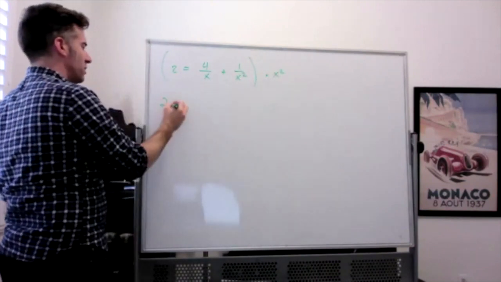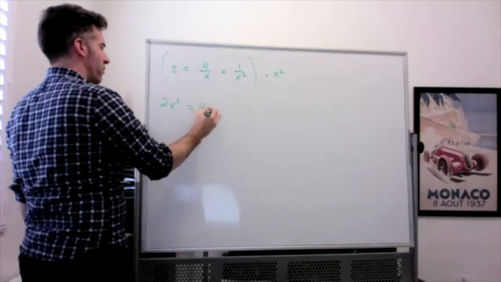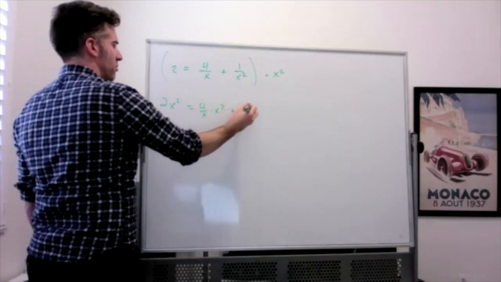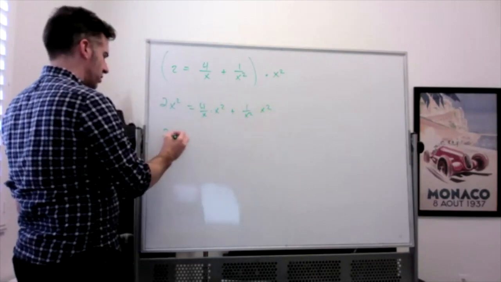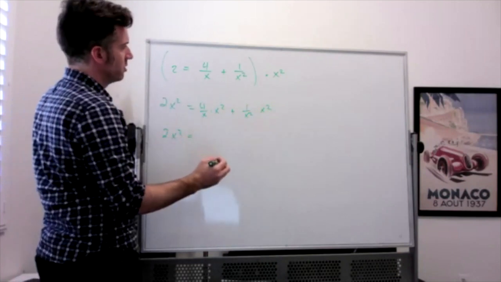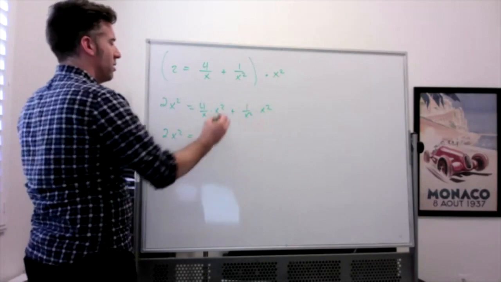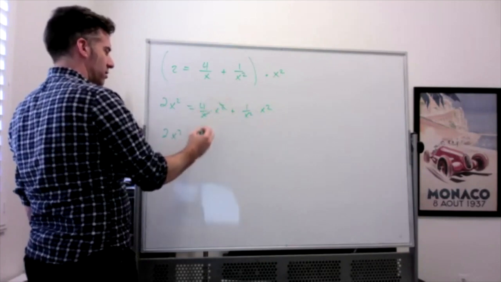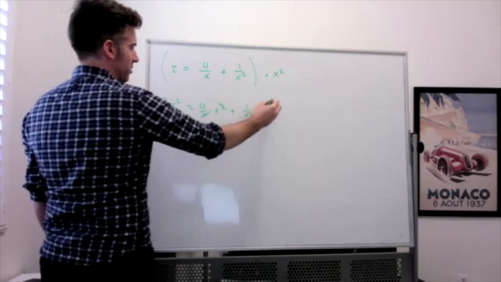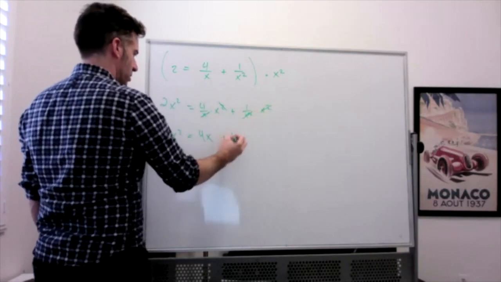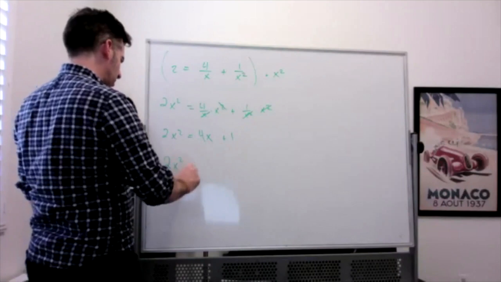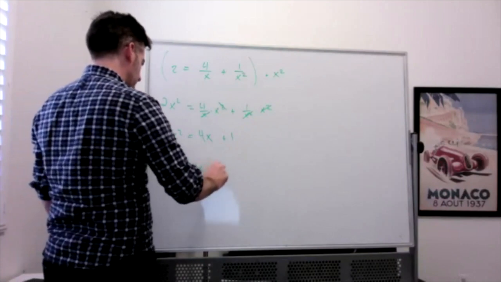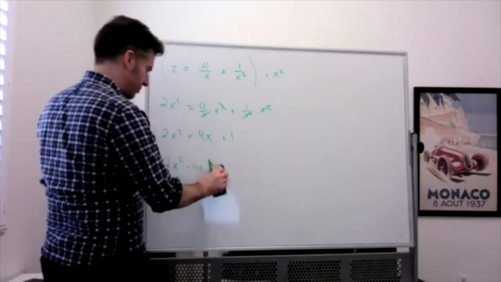So I have 2 times x squared equals 4 over x times x squared plus 1 over x squared times x squared. So I've got 2x squared equal to, that's interesting, you could have done it that way. I'm going to cancel an x here and an x here, so 4x. Cancel an x squared here and an x squared here, so 1. And then I bring everything to the left. So I've got 2x squared minus 4x minus 1